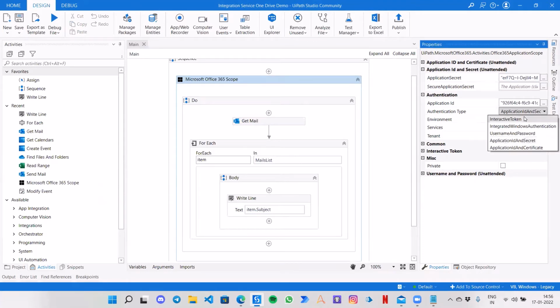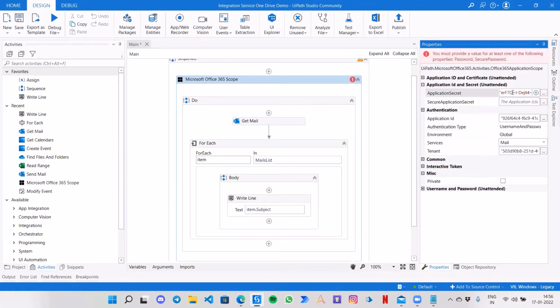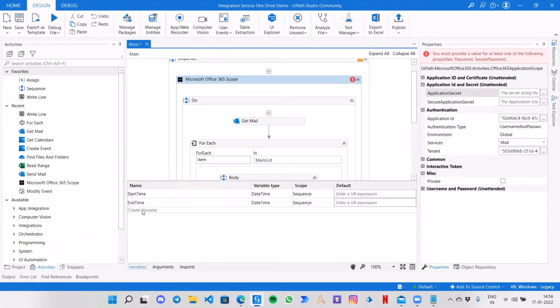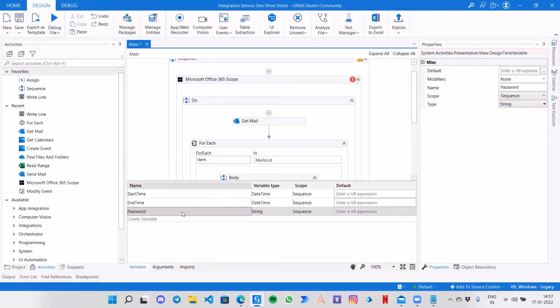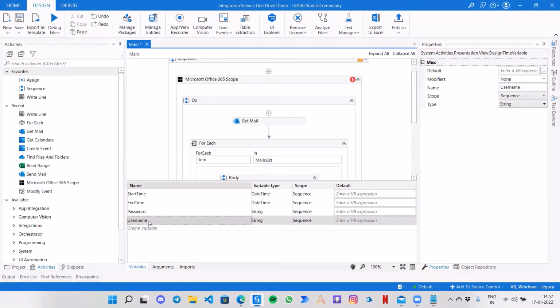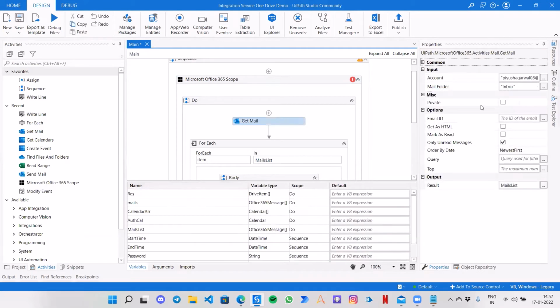Next we can use, let's try with the username and password. Okay, so I will remove the application secret and create a variable for the password field and for username. So I can get my username from over here.